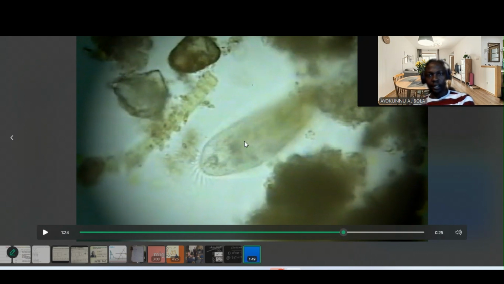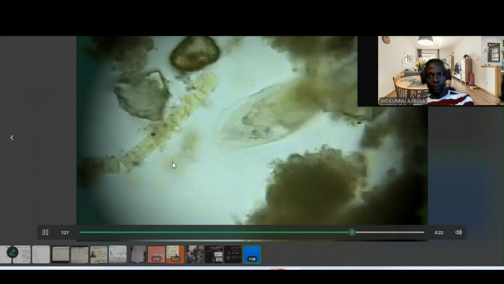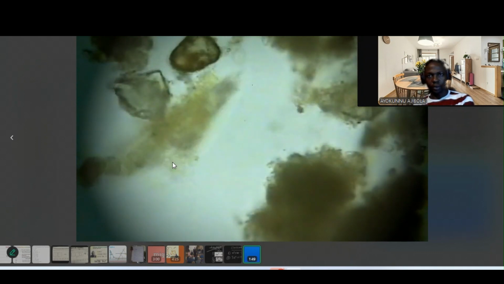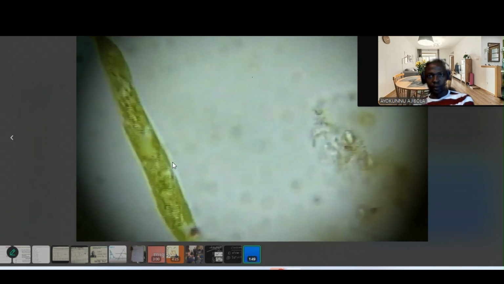Like this one is like a paramecium. I don't know if we can also see amoeba or euglena. So we can just name any one of them, maybe amoeba and paramecium. But how many in all can you see? Let's check, because if they are organisms, they are supposed to be moving. So let's see how many are moving. I can see one, two, three,